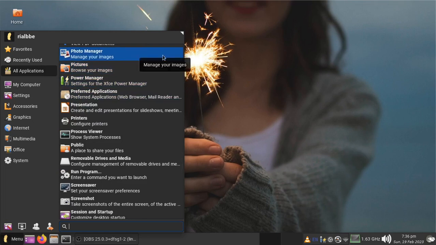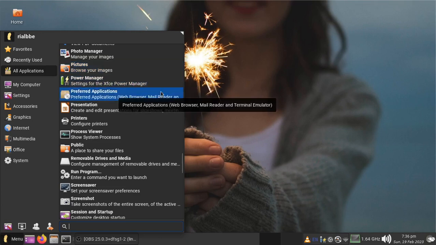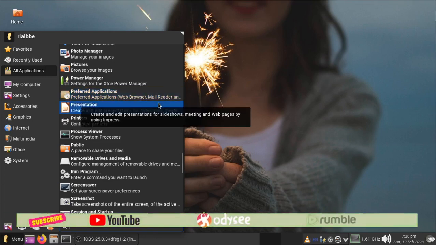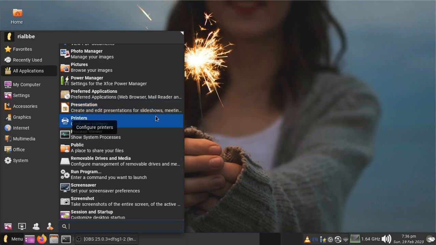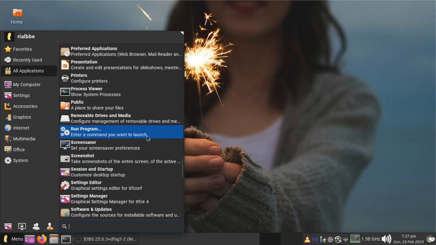We have the photo manager, picture folder, power manager, preferred application for our default in our web, mail and terminal emulator, presentation, which is our slideshow, we are using actually the Libre Impress. Aside from our only office, we have also the printer configuration tool. We have also in the bottom right here, the last remaining, we have the processor or process viewer,